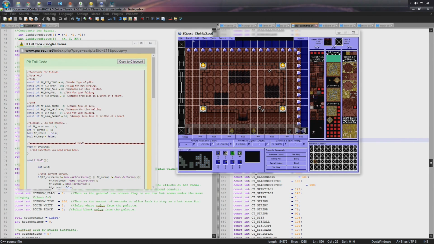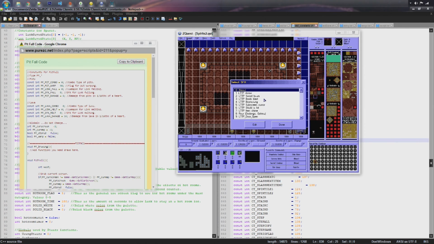Done. Next thing we're going to do is set up our sound effects, because it's pretty boring without sound effects. So all we need to do is go into Quest, Audio, Sound Effects Data, pop this up, and this here lists all the different types of sounds you'll have in your quest. So for us,